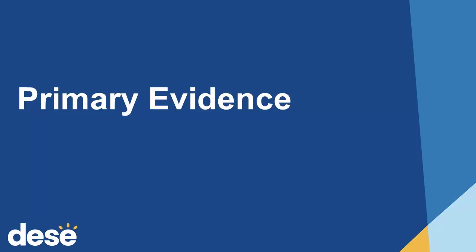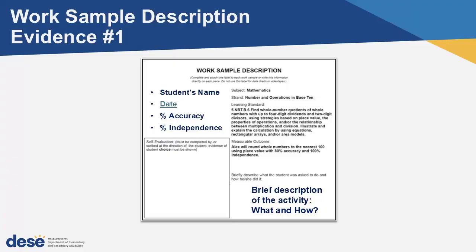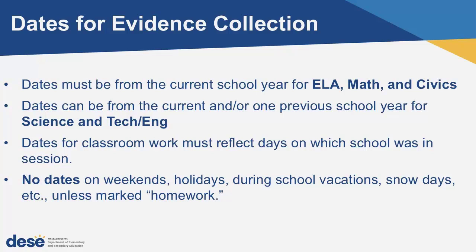So let's talk about the primary evidence now. So we've done the data chart. We've looked at the brief descriptions that are on there. So now we're going to talk about the work sample description. So there's a label, and Kevin will show this at the end, it's in the Forms and Graphs program, and it's going to have a place for you to put the student's name, the date, which I think Kevin will click for me. Thank you. So the dates for ELA and math